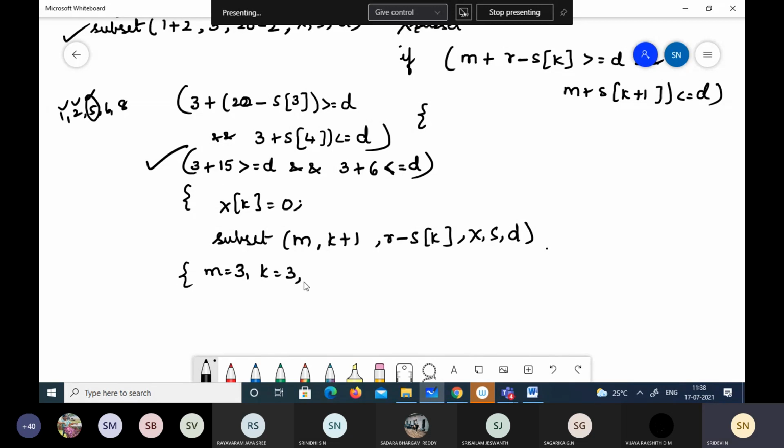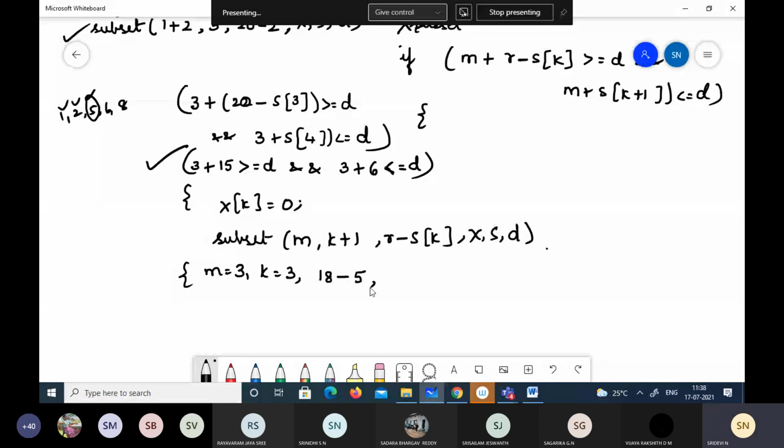K is 3. R was, how much was R? 18 minus S of 3 is 5. And then we have solution vector being sent.